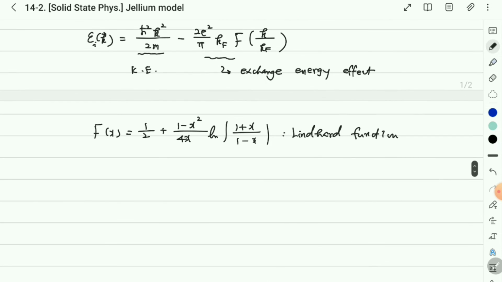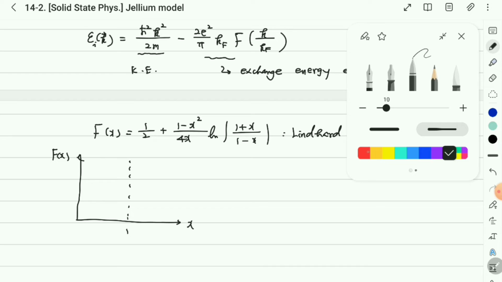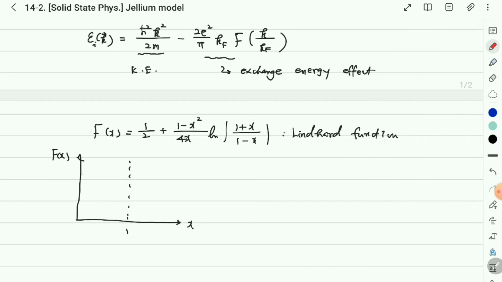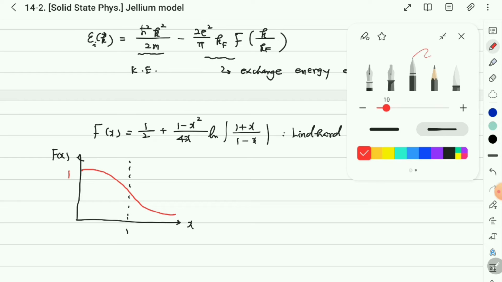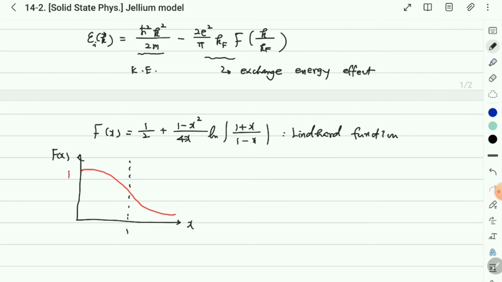And the Lindhard function: the graph of the Lindhard function is like this, with x and f(x), and here it is 1, and the function is like this, and also here it is 1. Here, when you write down the total energy of an electron in the explicit form,